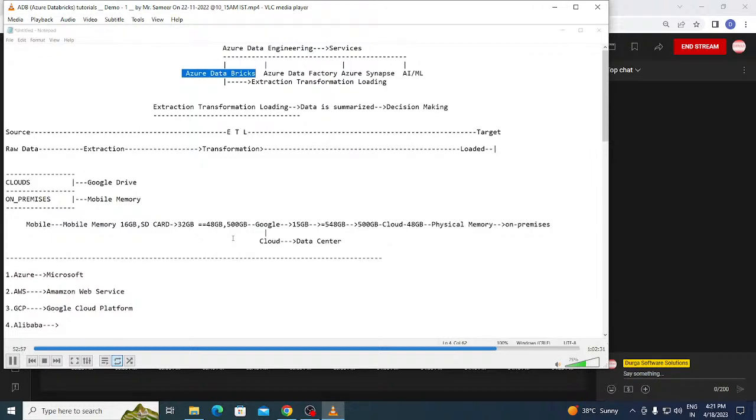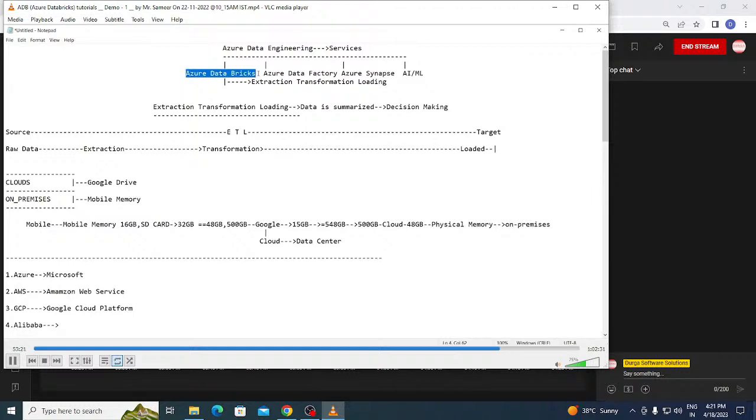Azure Data Factory and Azure Databricks are both used for the same process. But in Azure Databricks you use a code-based interface, where you need to use different languages: Python, Scala, R, and SQL.